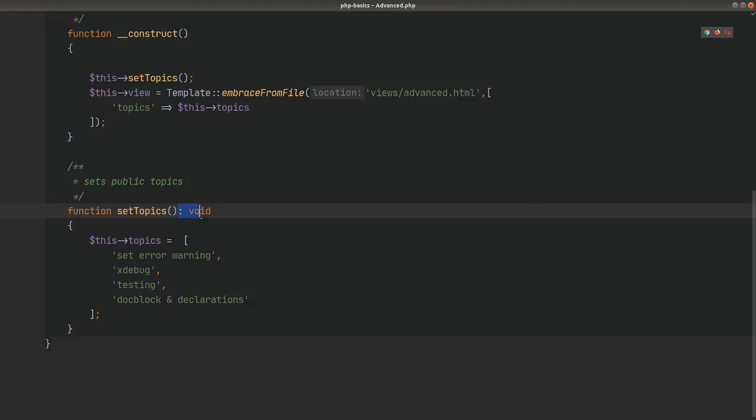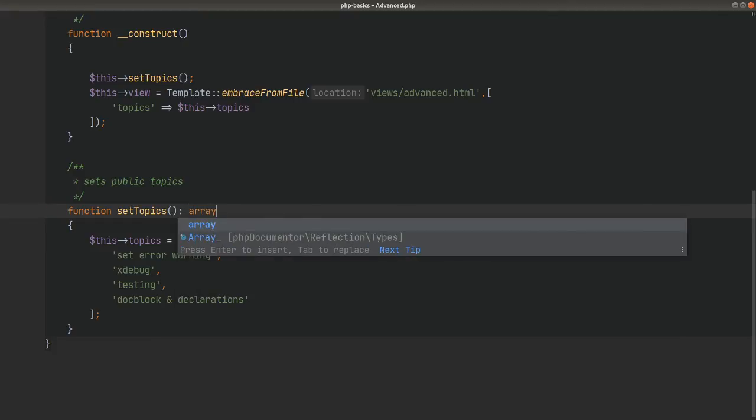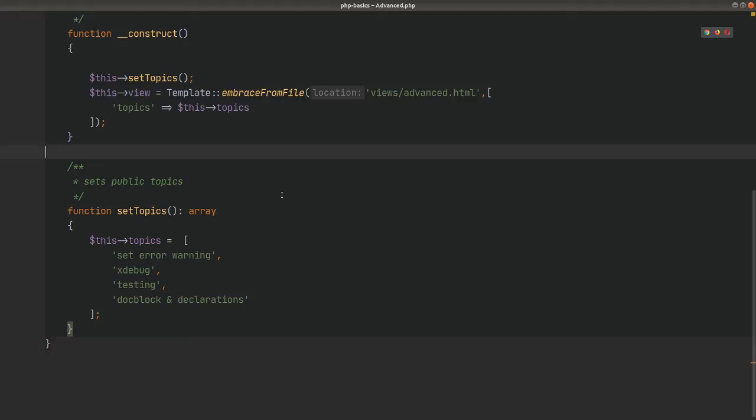So what you can see here is that I have basically said, okay, what kind of function is this? So I have this little colon here, and then basically say it's void. So if I were to write array here, see what happens, right? So I get a little kind of an error. There's a missing return statement because it's